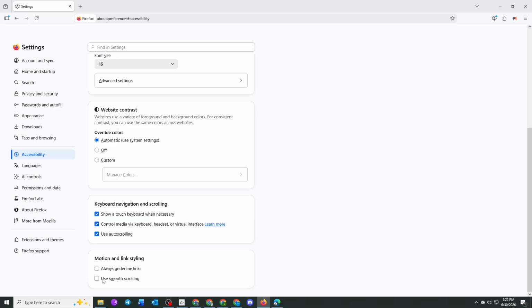Next to this option, you'll see a checkbox that controls whether the feature is enabled or disabled. To turn on smooth scrolling, simply click the checkbox so that it becomes selected. As soon as the checkbox is enabled, Firefox applies the change immediately. There's no need to restart the browser or save your settings manually, allowing you to begin using the smoother scrolling